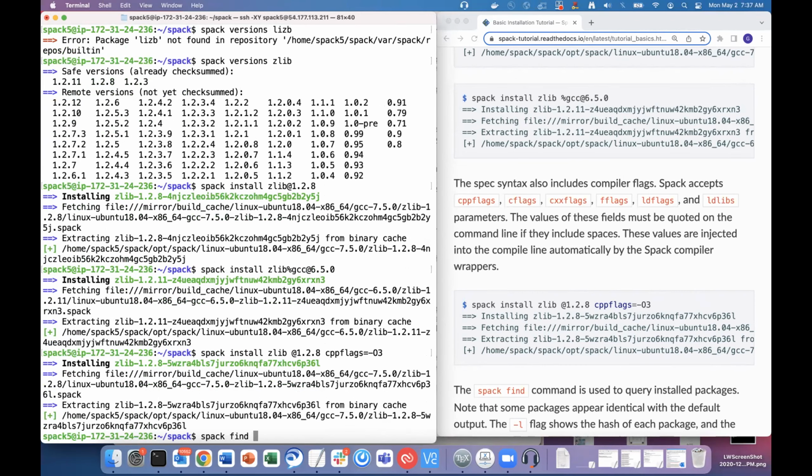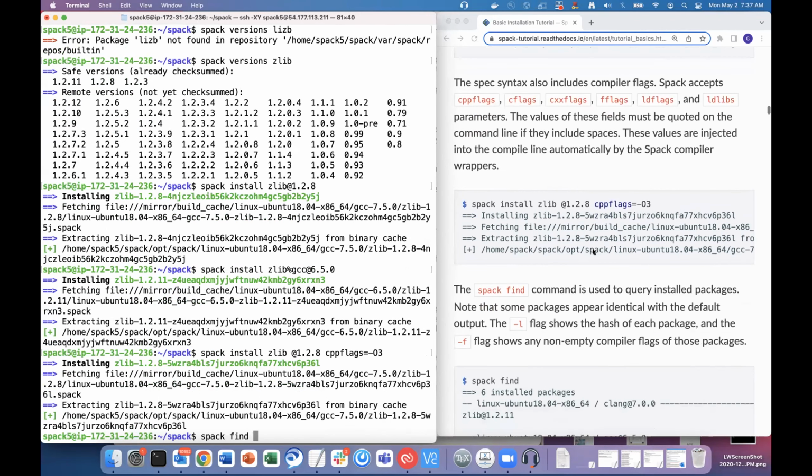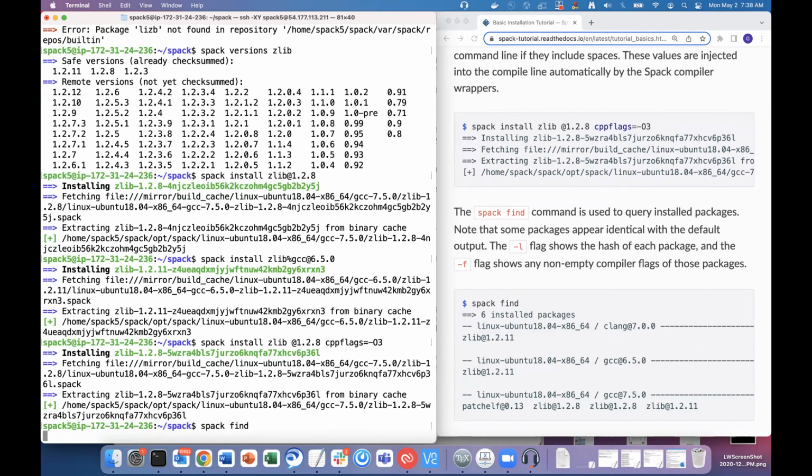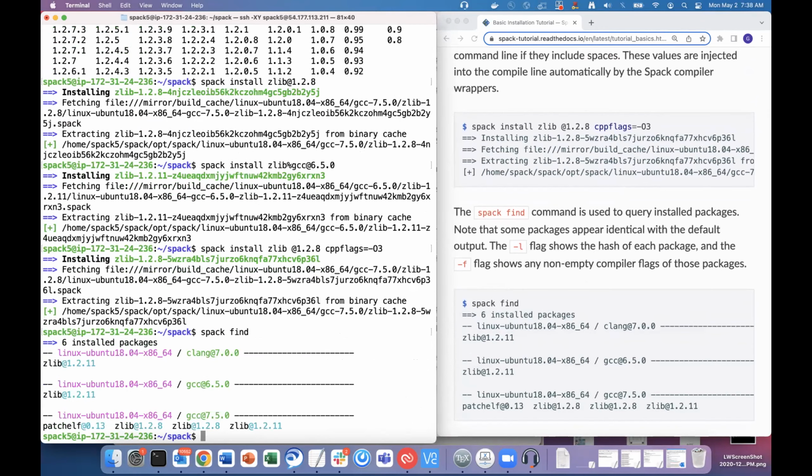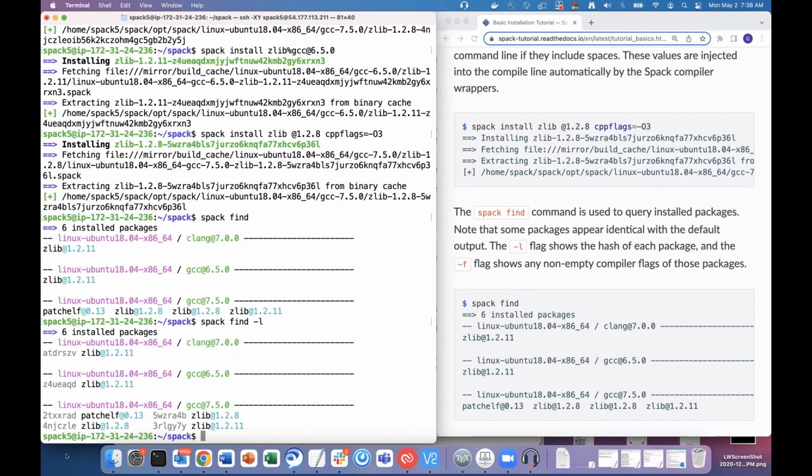So we can use the Spack find command. And if we just use spack find, some of these might appear identical. They differ in some other way that's not shown here. So we can use spack find -L to show the hashes. And we can see, okay, these two zlib 1.2.8s are actually different. And if we remember, those are different because we specified the compiler flags for those. We can see the compiler flags if we say spack find -F. So spack find -LF,